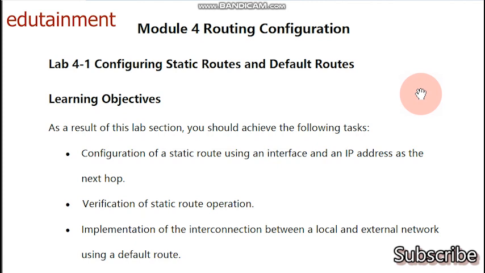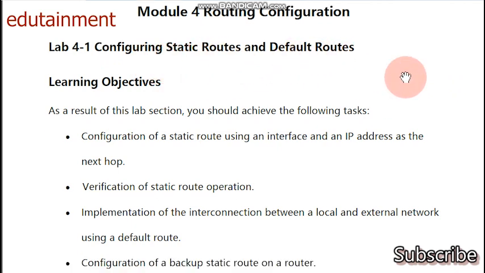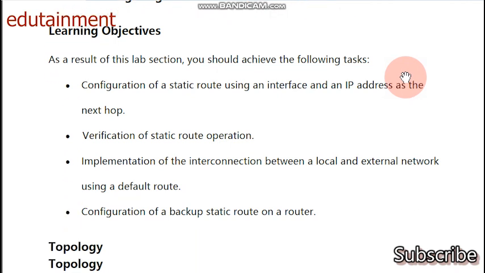I hope you remember in the last module we discussed how we can configure two routers, how we can set the IP addresses of those routers and how we can ping them with each other. Now in this module number 4, it is routing configuration, in which we will configure static routes and default routes. So in this module our learning objectives are these: